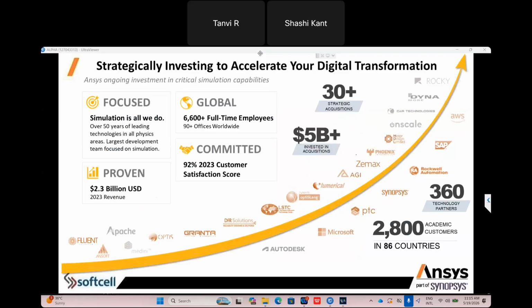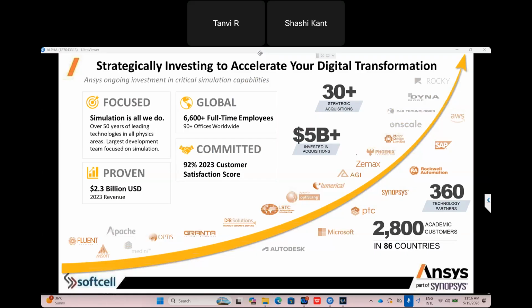Before going deep into the solutions for eVTOL, I will give you an intro about Ansys solutions. Ansys has a big amount of physics available, which can be operated in a single interface. Our initial product was Fluent, and currently we also have Granta for the material property library. We have Optics for optics simulation.